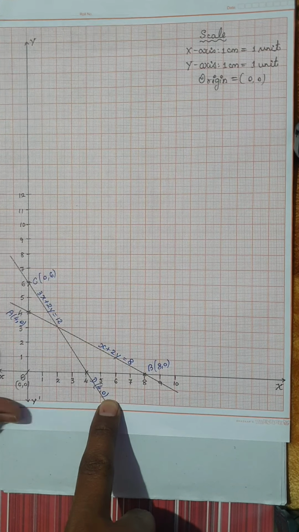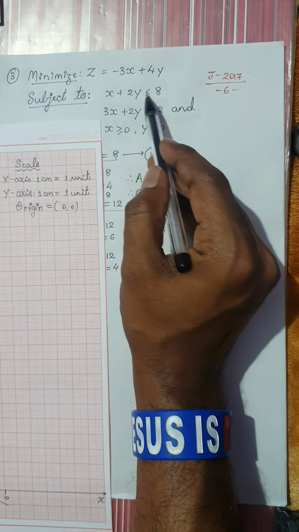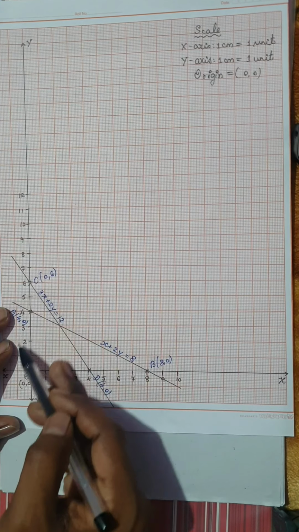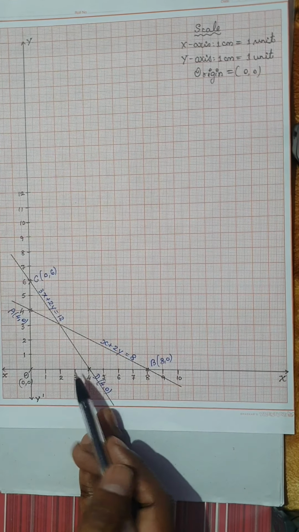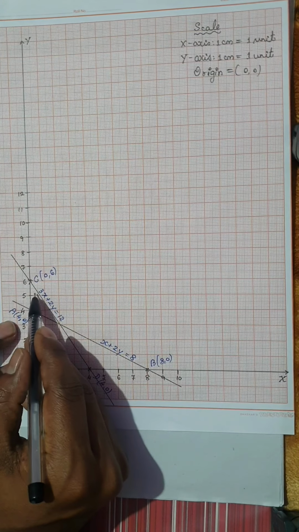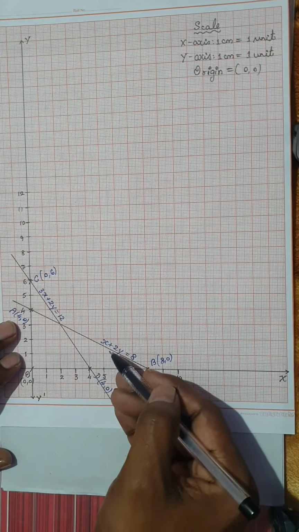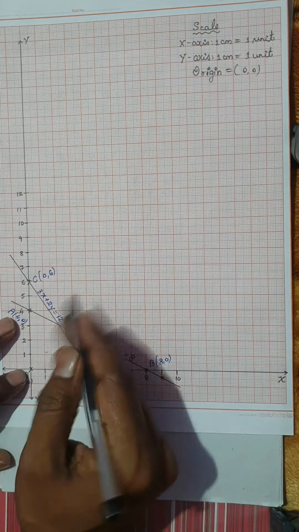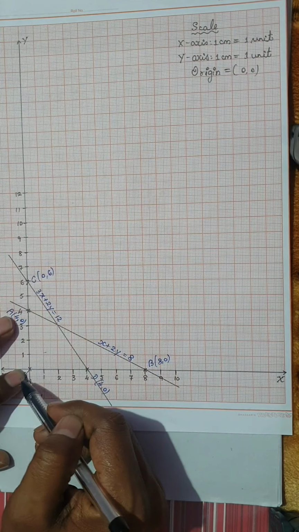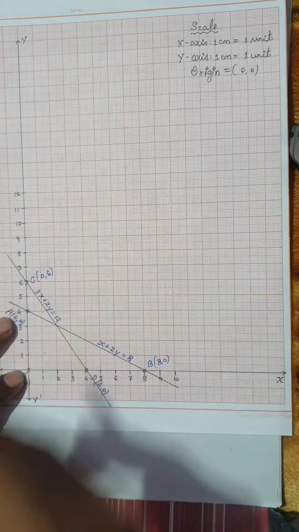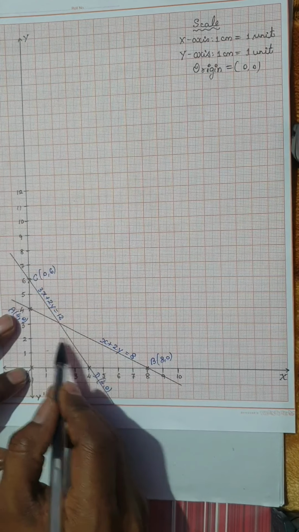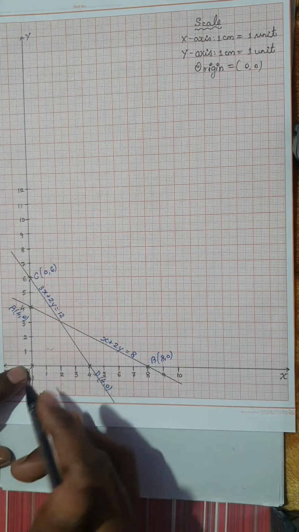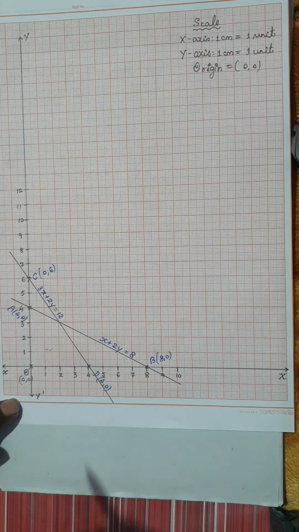Okay, now let's find out the feasible region here. Now we can see both the equations are less than, so that means the common region would be less than first line and less than second line. So this is similar to the previous examples. Less than means left side of this line and left side of this line. So the feasible region would be towards the origin. When I say left side it is towards the origin, when I say greater than it is outward from the origin. So the common region for both the lines towards the origin would be this region, and I'm going to name this region as the feasible region and I'm going to shade it.